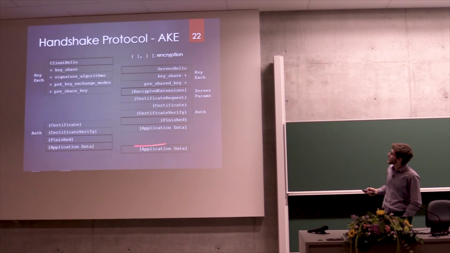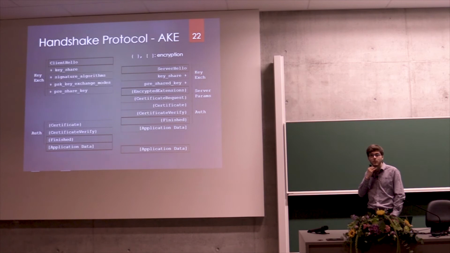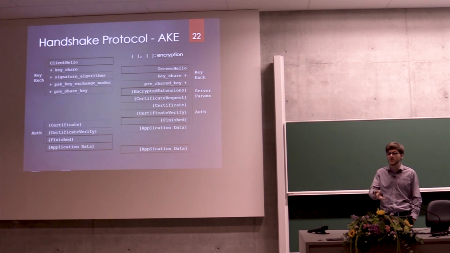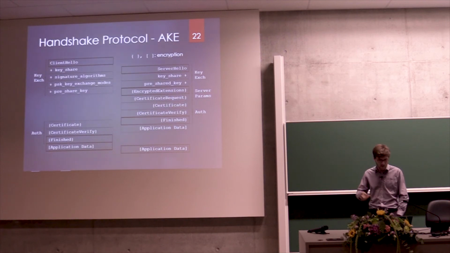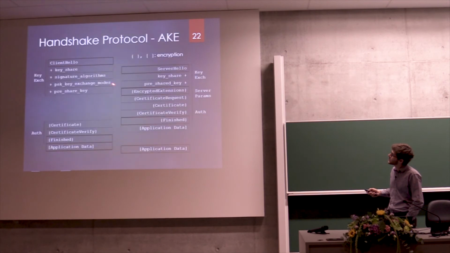So it looks a bit complicated, but it's not that much, and we're going to talk through it. Cryptographically speaking, it's what we call an authenticated key exchange protocol. So the goal is to obtain a shared random secret key, which is bound to the identities of the parties in some way. So we start with cipher suite negotiation. We see that in the client hello message, in the first one,